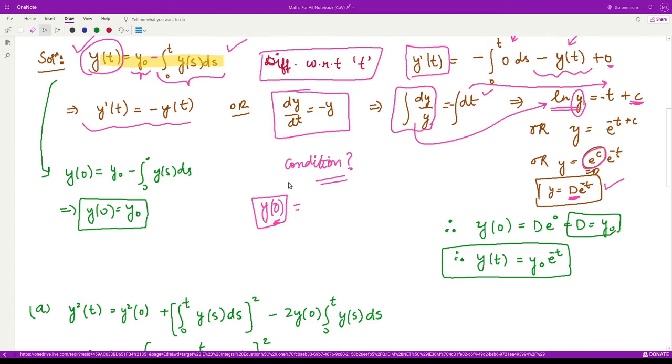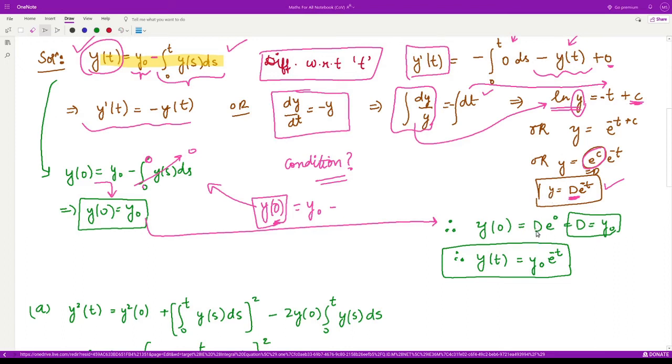So that would simply be equal to y naught minus, here I have solved this over here, so y of 0 would be y naught minus integration from 0 to 0 of y of s ds. Now this integration would result in 0, therefore we have this initial condition, right? So now if you substitute this initial condition onto this function y of t,